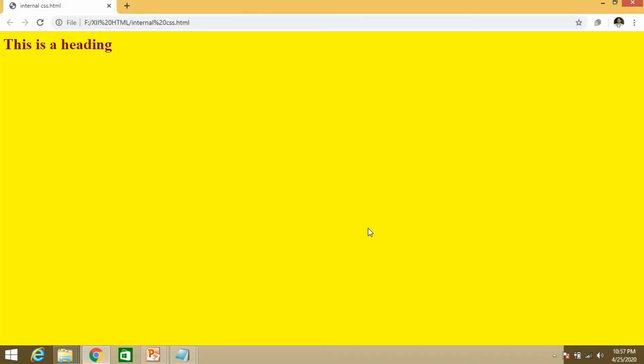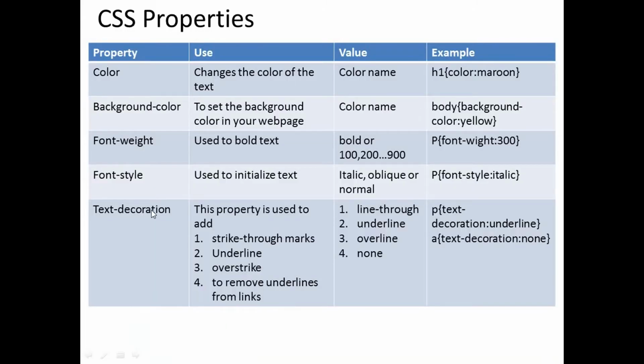So background color becomes yellow. Okay, what is the next one? Next is font weight. It is used to bold text. So P, font weight 300, and this. Since we have not used any